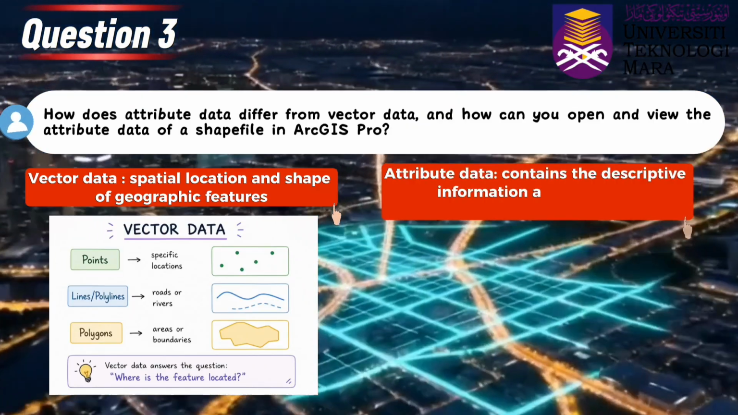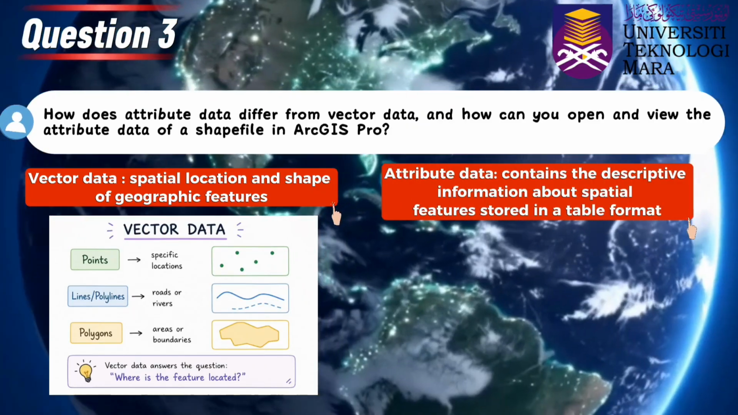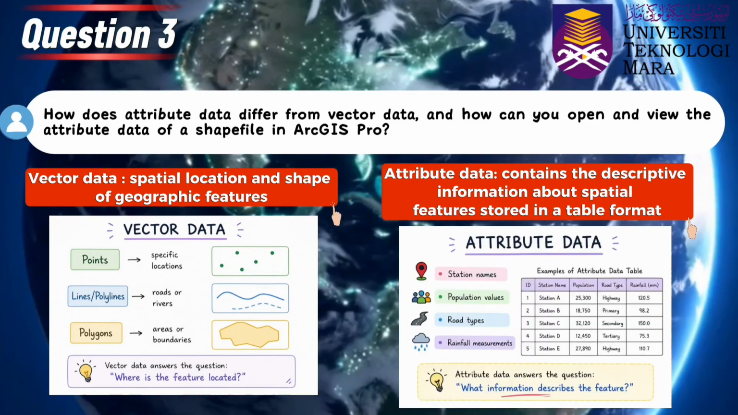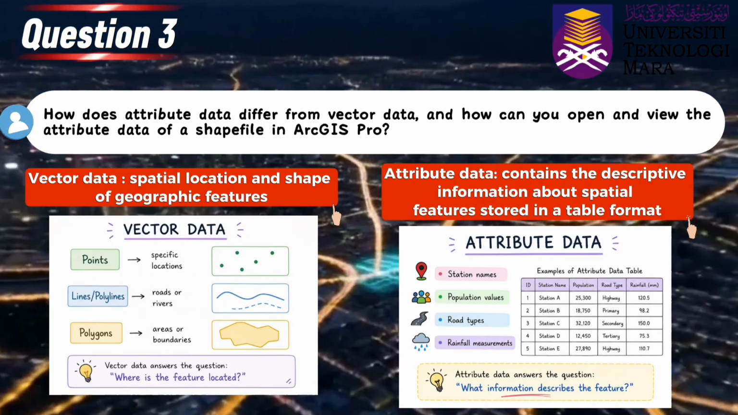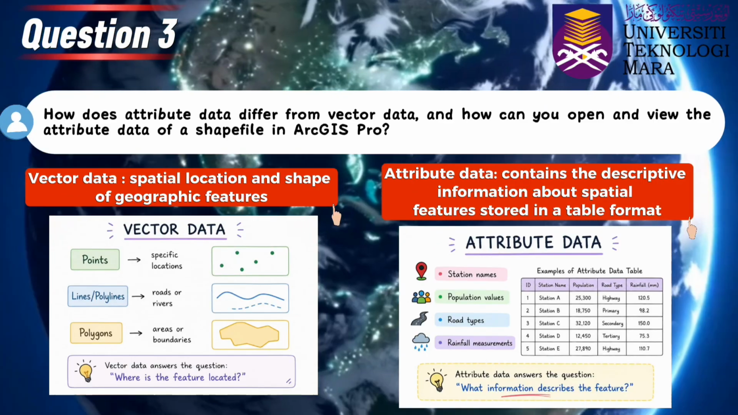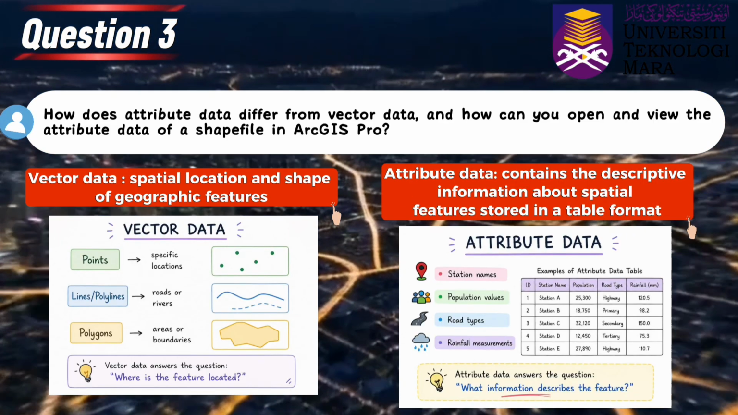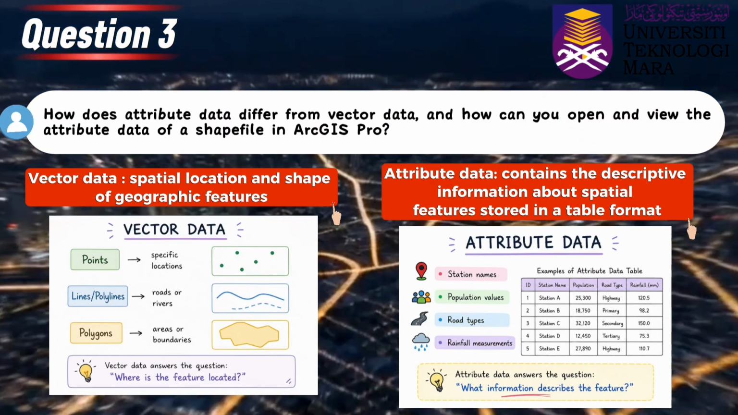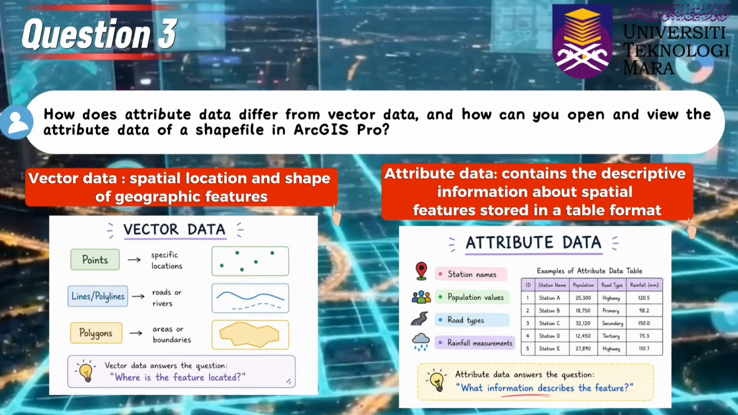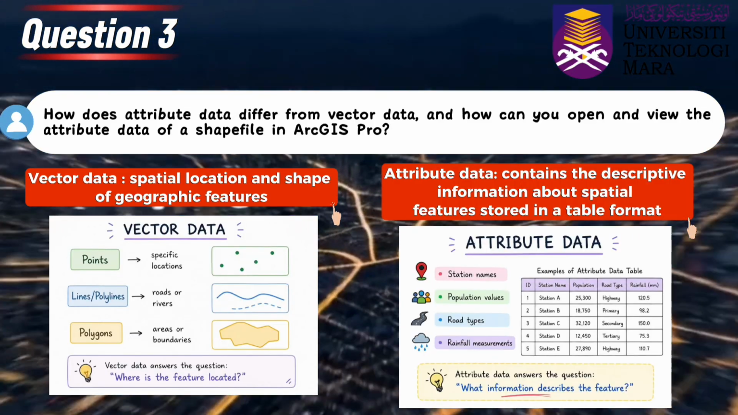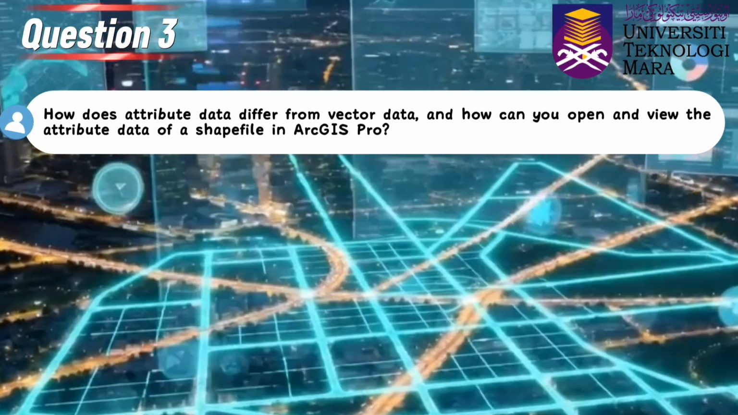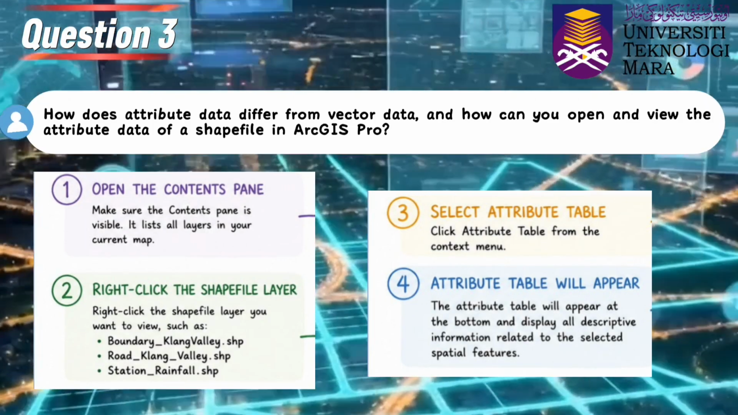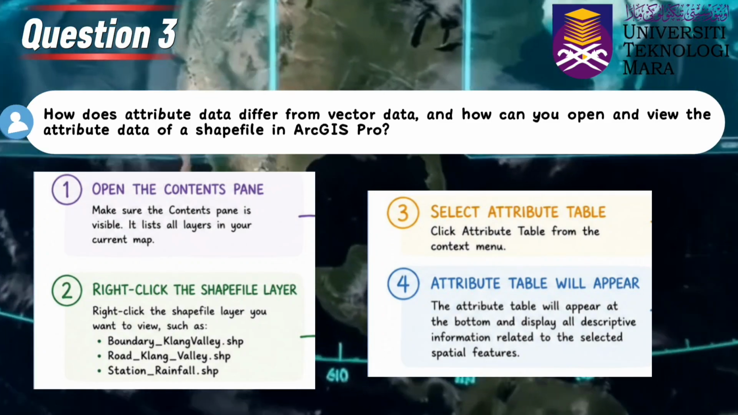While attribute data is data containing descriptive information about spatial features stored in a table format. Examples are station names, population values, route types, and rainfall measurements. Attribute data answer the question, what information describes the feature? Therefore, vector data focus on geographic position and geometry, while attribute data focus on feature characteristics and properties. In ArcGIS Pro, the attribute data can be viewed by right-clicking the shapefile layer in the contents pane and selecting